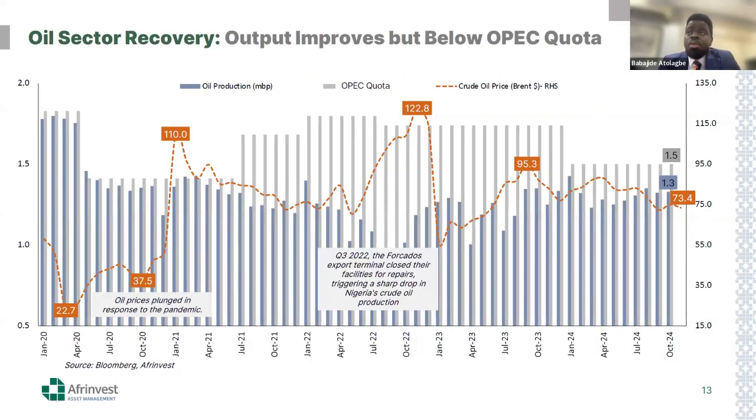However, despite the improvement, it's still relatively shy of OPEC's quota of 1.5 million, and this largely tells us that we need more. We need the government to increase production, and also ensure that the activities of the oil producing regions are kept